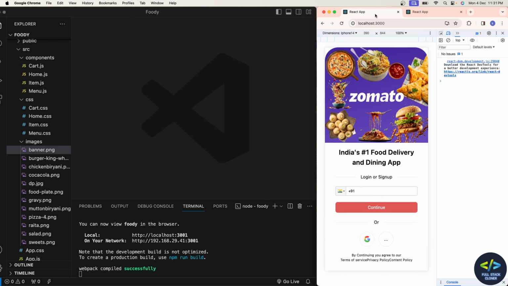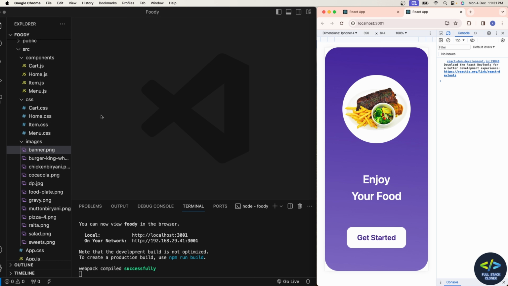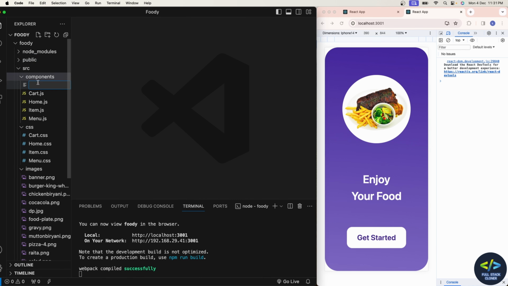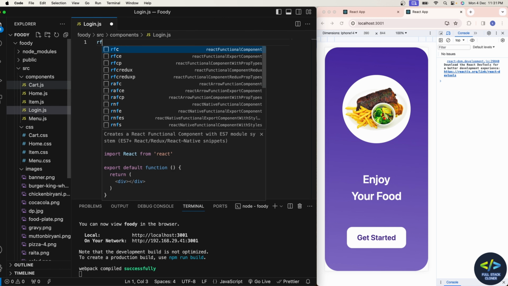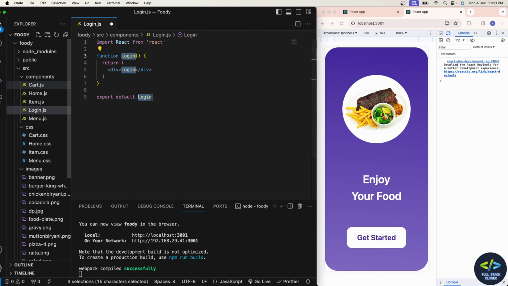So let us go ahead and create the login page in my current project. I'll go to my components and I'll create a file login.js, and I'll use RFCE to generate the code snippet for me. Now I'll go to app.js,